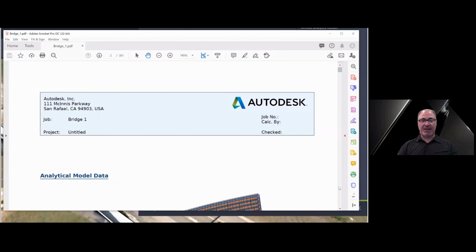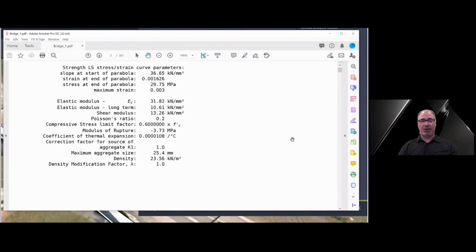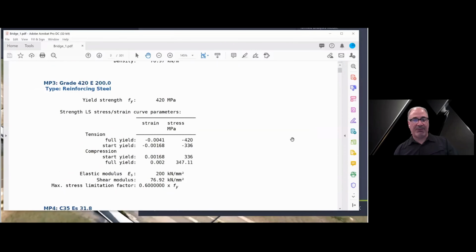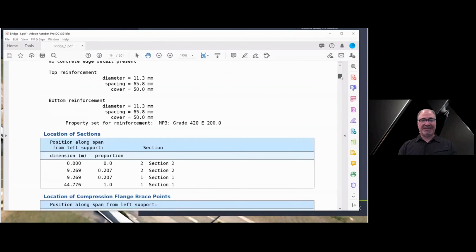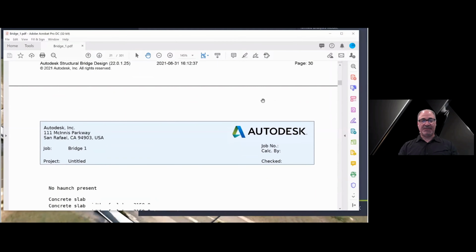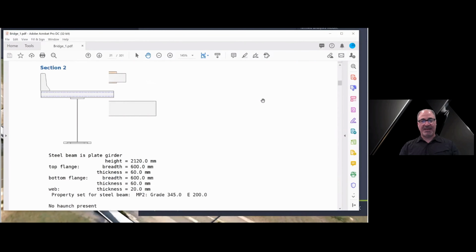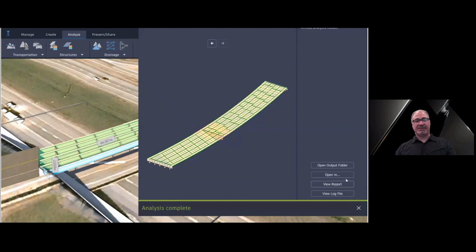And it provides a very detailed report so that it's very transparent. We can look at this report and understand how every material property is computed, how every section property was derived, and so on and so forth. So the intent is to have a very transparent model that the engineer dictates. How do you go from the physical model into which type of analysis model? And then when you're ready, you can open up this analysis model in either Robot or Structural Bridge Design.